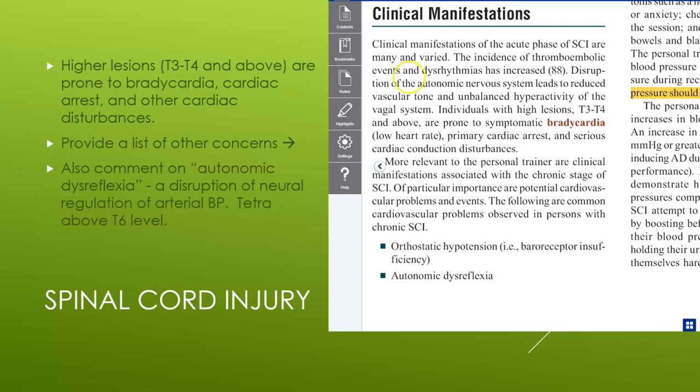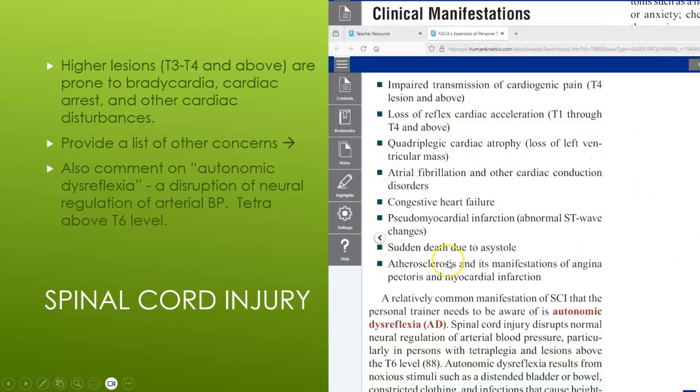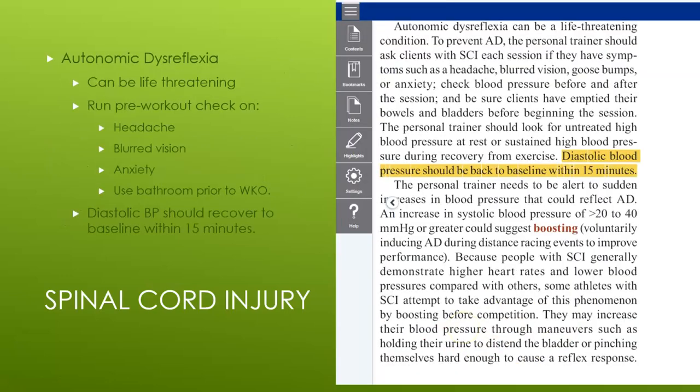So your list starts right here: orthostatic hypertension, and then it goes into autonomic dysreflexia, and then from there it goes into a bigger list over here. So you can just take a moment, pause and read through some of these and commit them to memory. But then you get to autonomic dysreflexia. And they go into autonomic dysreflexia. AD is a spinal cord injury that disrupts normal